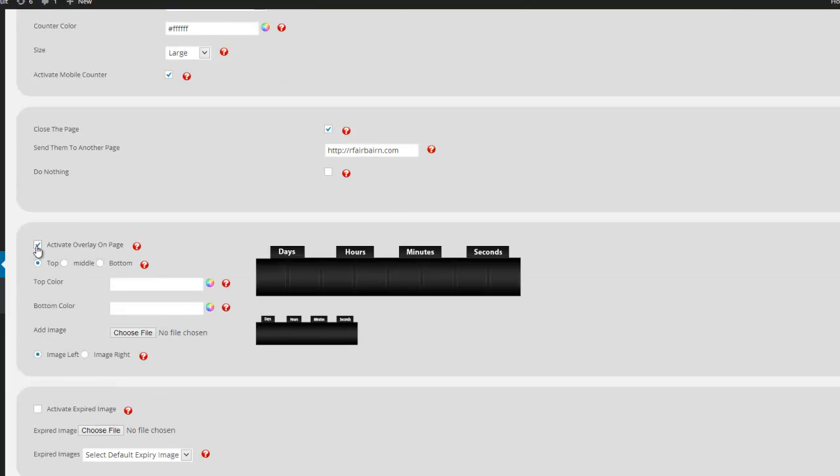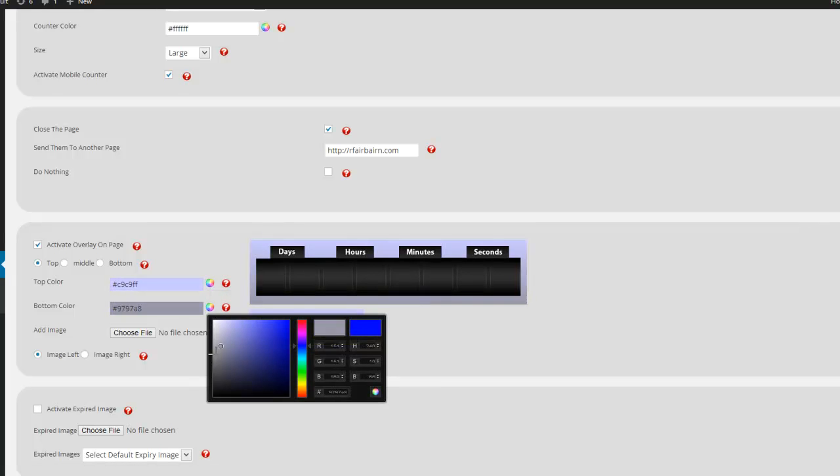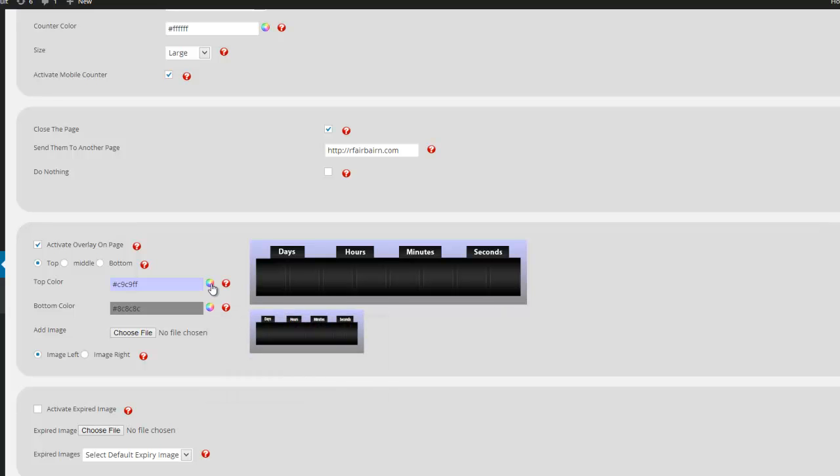Now activate the overlay on the page. This adds just a little image to the side so you can brand the counter to yourself. For example, if it was for an offer, you may want to put a box cover, or put a little text here that says, hurry, running out. You can also put a gradient overlay round the counter. For example, I might want it blue,